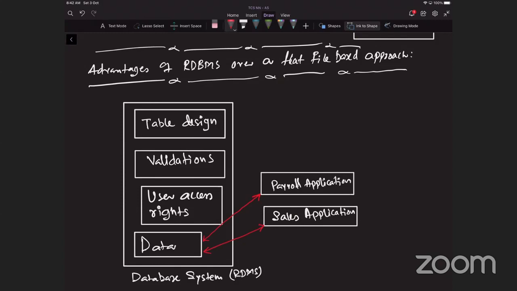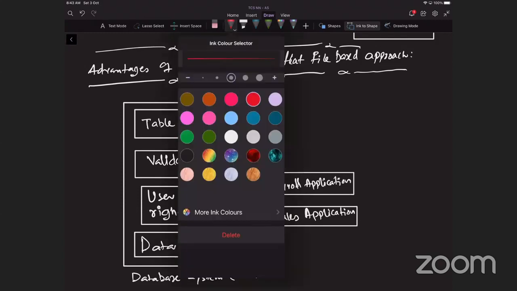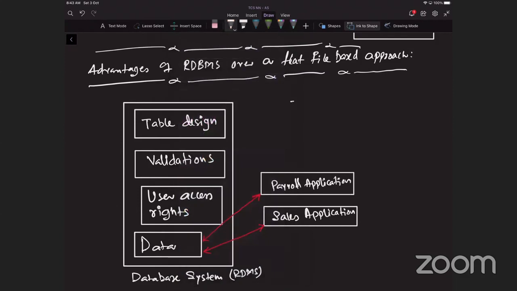So the database approach is beneficial because storage space is not wasted as data items are only stored once, meaning little or no redundancy. So the first benefit is that there is no redundancy. Redundancy means the data is being saved at several places. Data altered in one application is available in another, so there is no inconsistency.